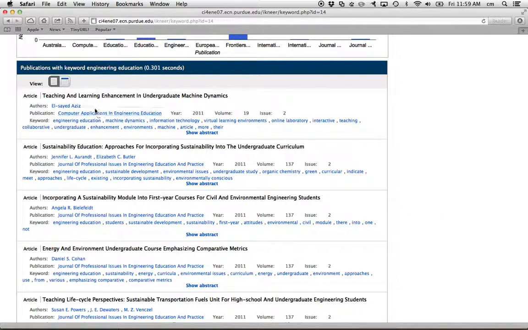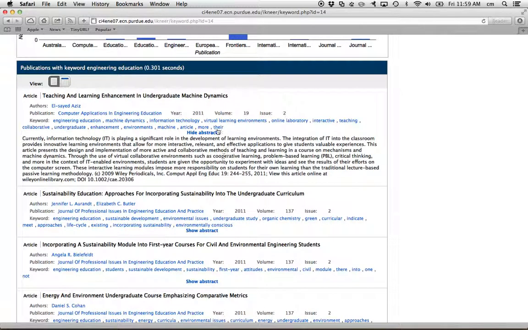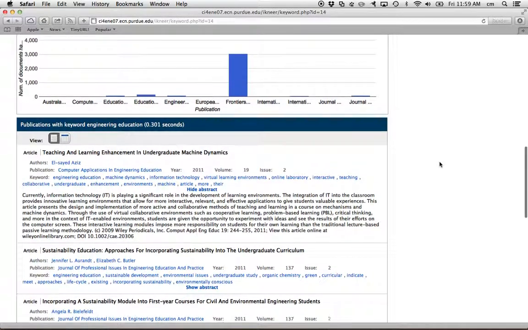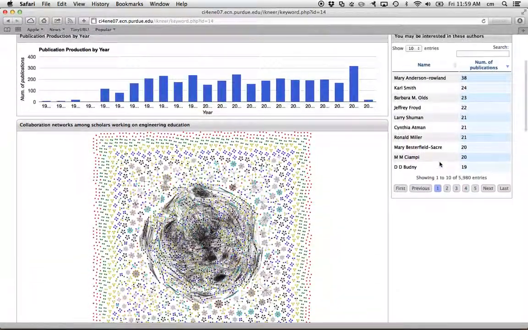You see the publication where it occurred and the keywords for that particular publication, the key phrases related to it. You can click on any one of these key phrases and jump to a topic directly if you want. You can also see the abstract related to that particular paper that you may want to look at. Now, let me show you something really cool.